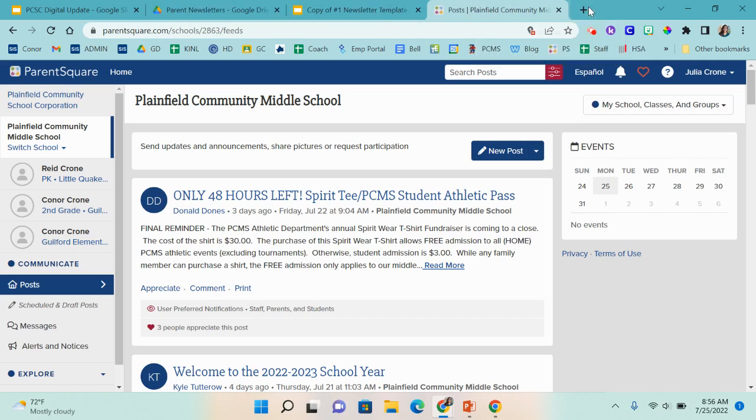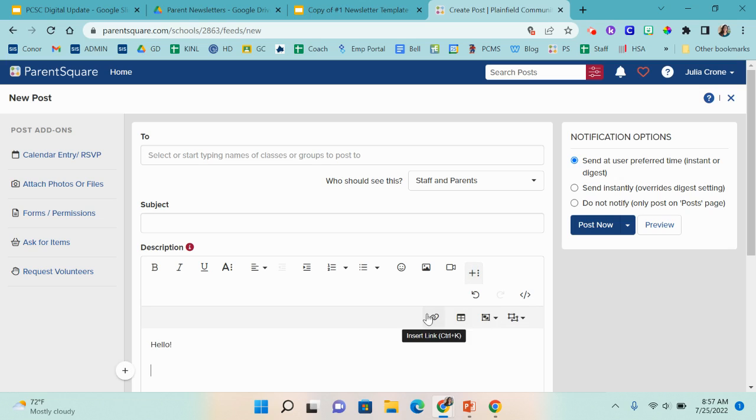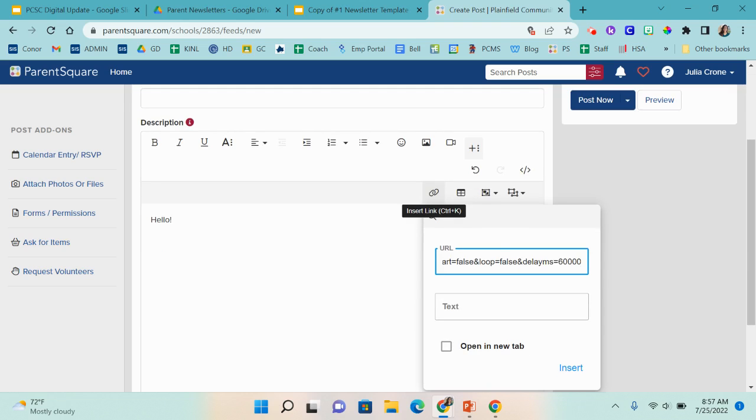Now, in order to share that, let's say that I am going to go to a new post on my Parent Square, because that's where I'm going to send these out. I type something pretty, and then I'm ready to include my link. So I'm going to go to that plus sign. I'm going to click that insert link. And then what I'm going to do is add this as our weekly